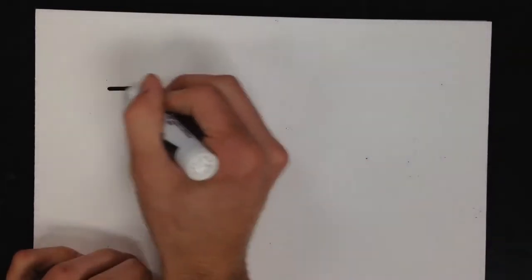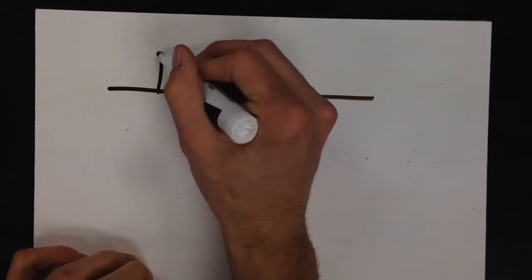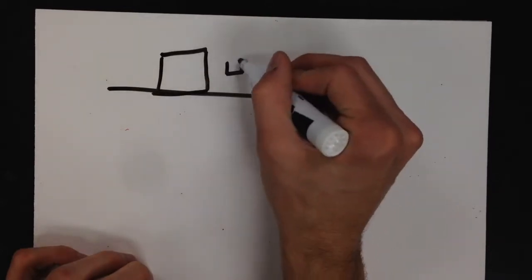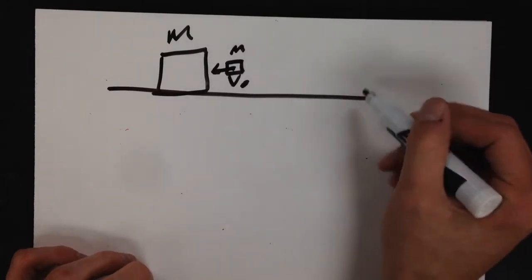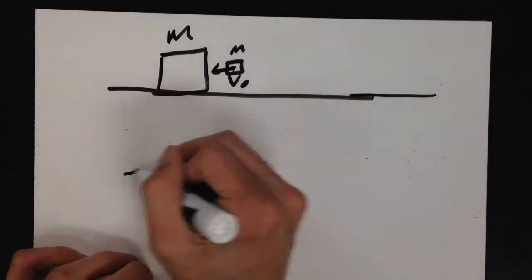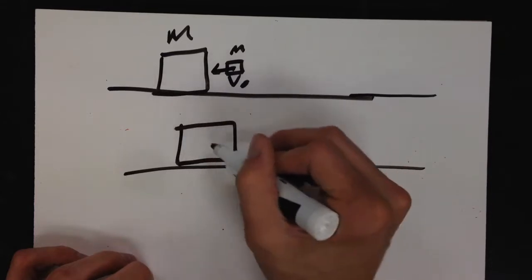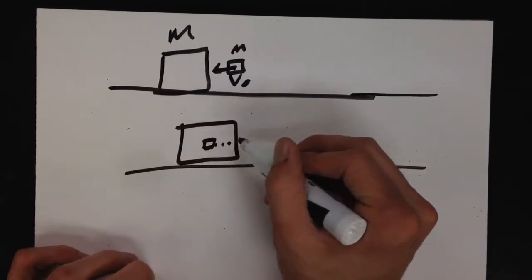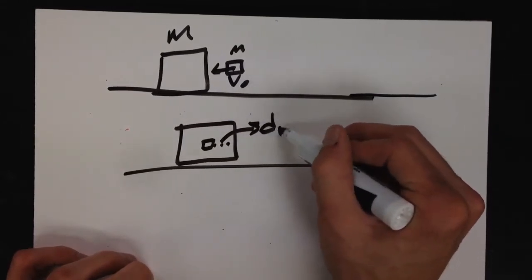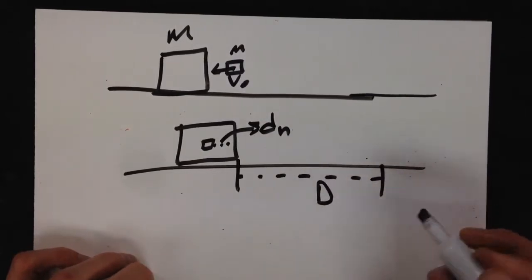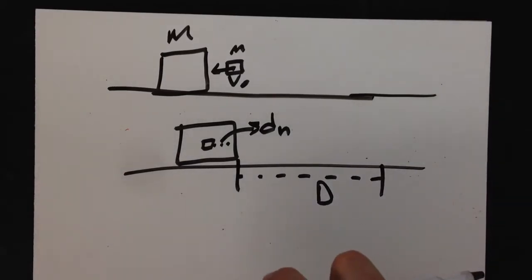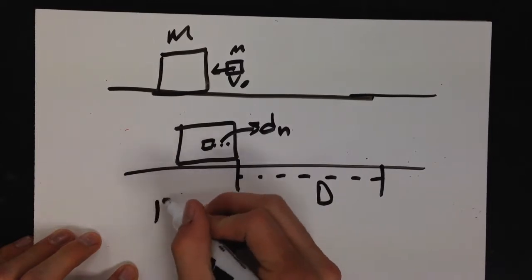Now, in the second trial that we did, our block bullet system was not fixed in place. So we still had the same two blocks and the same initial velocity. But after the two collided, the bullet embedded a certain distance, which I think in the free response it called dn, but the block slid a distance D from its original position. How does that happen? Well, if you figure conservation of energy again,